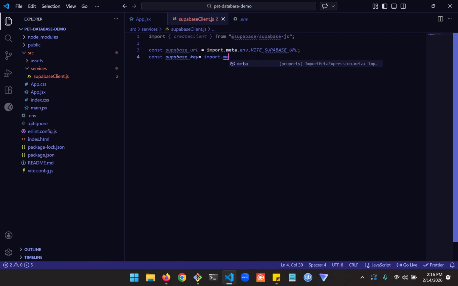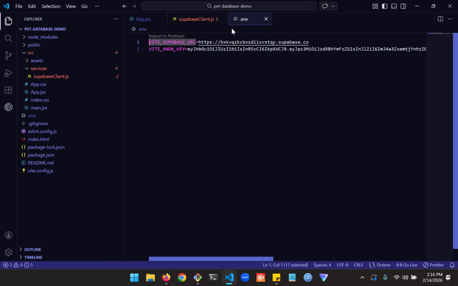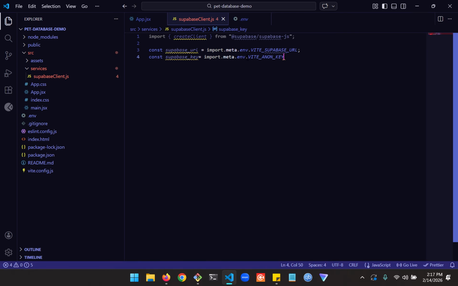Import .meta.env, and then we'll go to the env file and copy the name just so we don't have any mistakes or misspellings. Okay, so now that we have that,